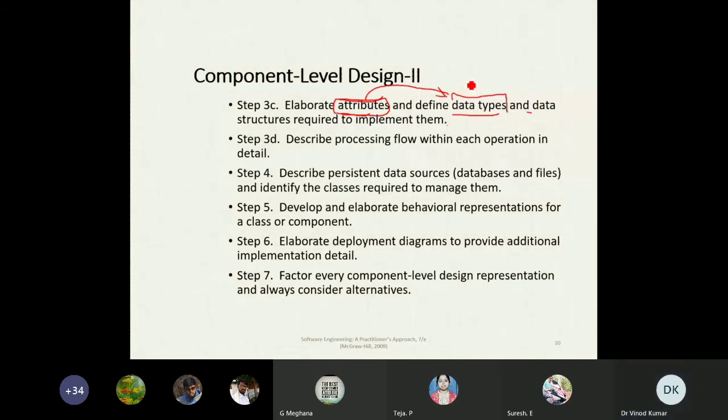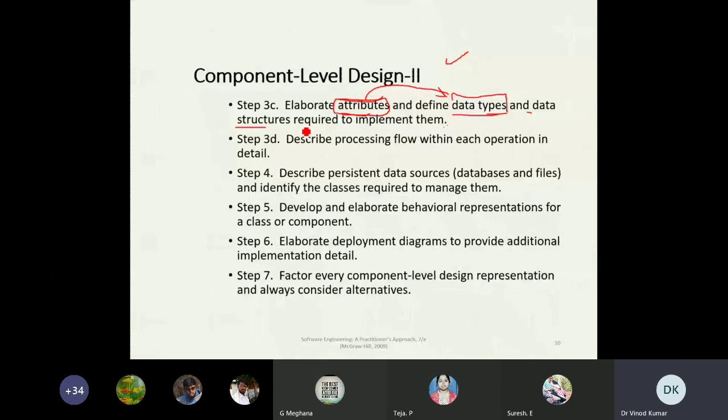For example, a string for a string, and if a float value's real value range is very large, then you have to go for double or some more data structures. So you need to elaborate and explain the data structures required to implement them.